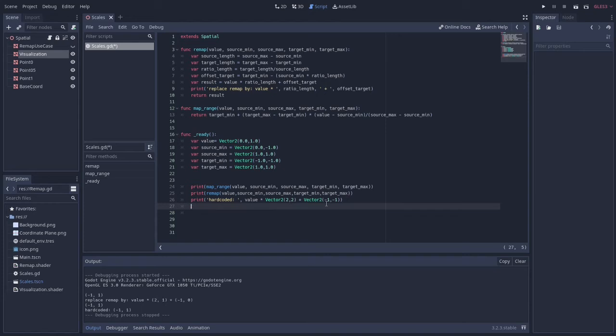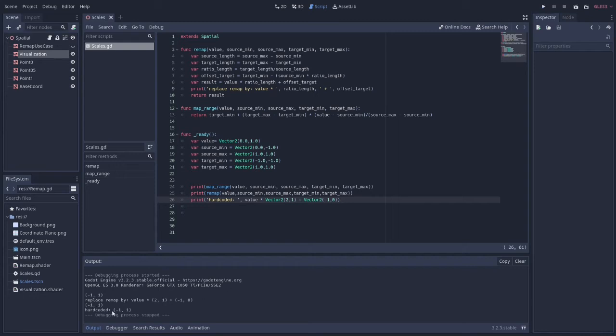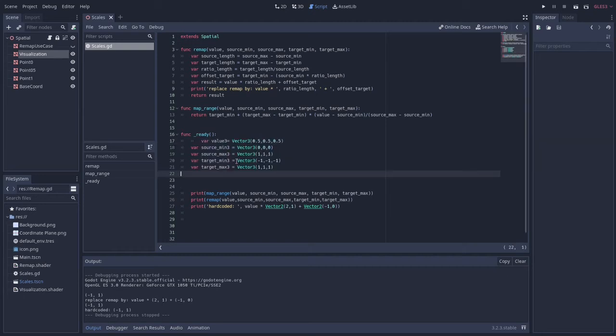Let's see how this non-proportional one works. So the hard-coded version would be this and this. So now if I hit play for a non-proportional one, I should see here the same values for hard-coded. So let's see how this one applies in 3D. So if we just change all of these values to 3D,